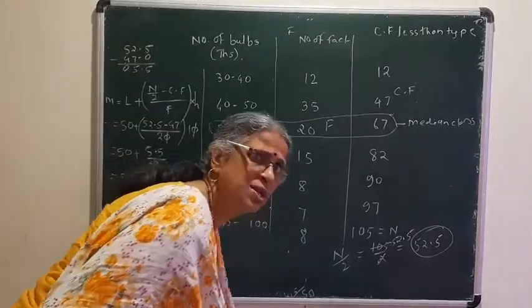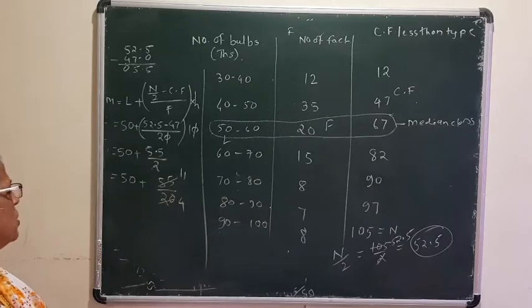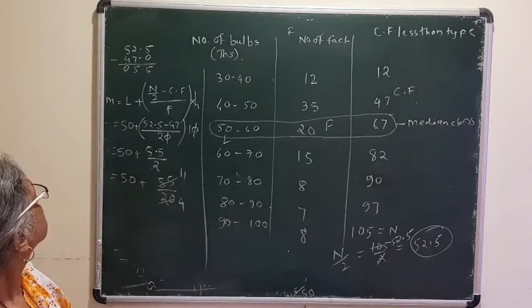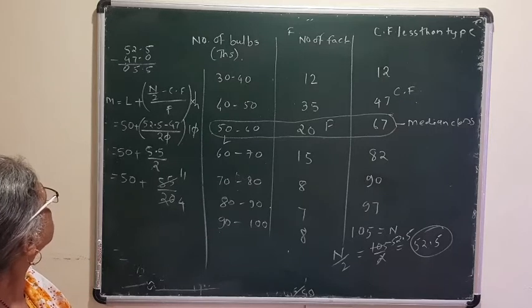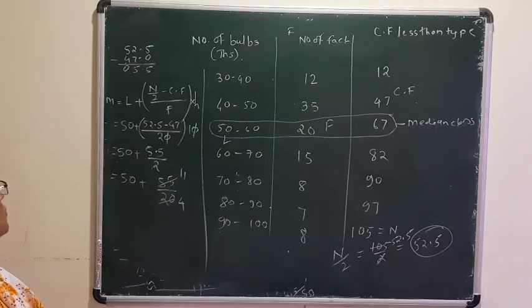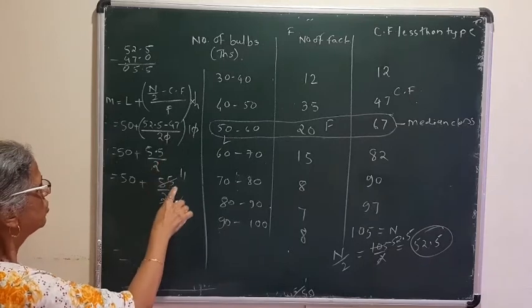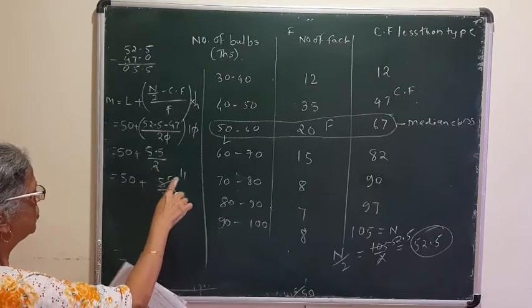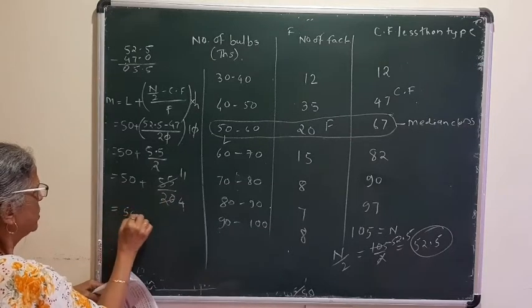So calculation you can do by any method, not necessary to follow my method, but that should be correct. So 52.5 minus 47, 5.5 divided by 2, so it will become 55 upon 20, 5 4s are, 5 11s are, so 50 plus